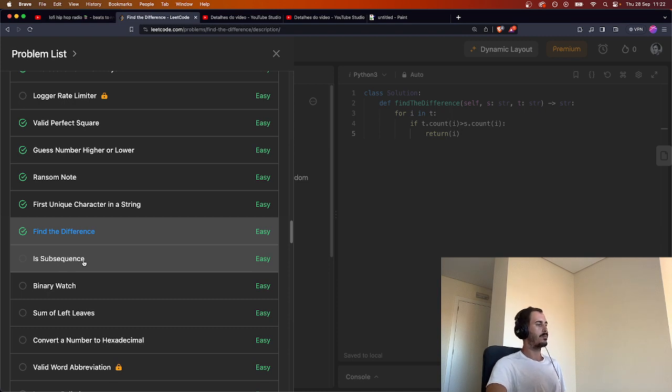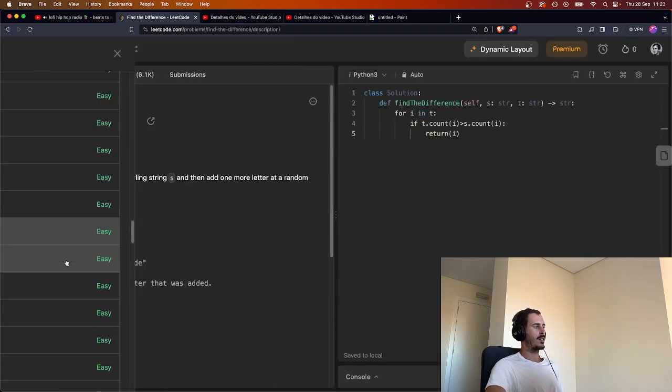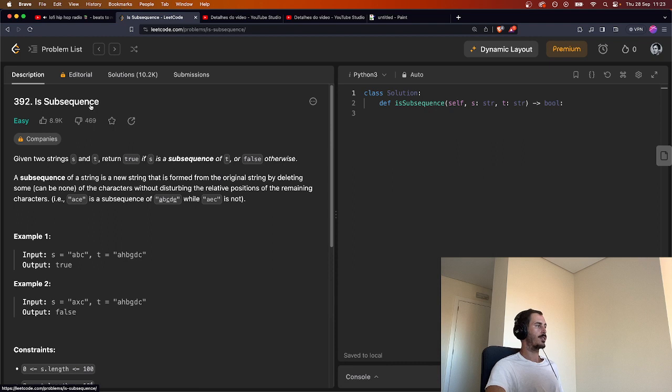Today's video is about Subsequence. Given two strings s and t, return true if s is a subsequence of t, or false otherwise. A subsequence of a string is a new string that is formed from the original string by deleting some characters without disturbing the relative positions of the remaining characters. So "ace" is a subsequence of "abcde", while "aec" is not. Okay, so